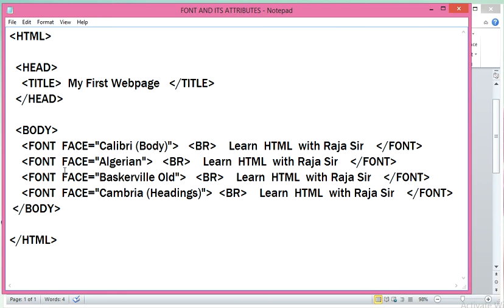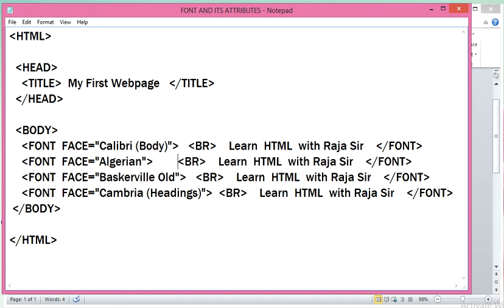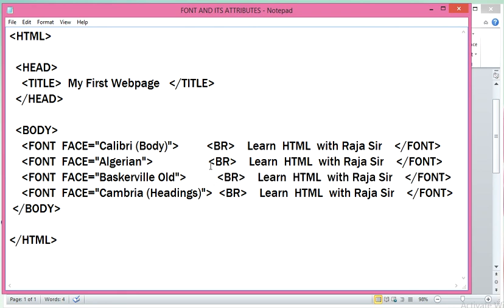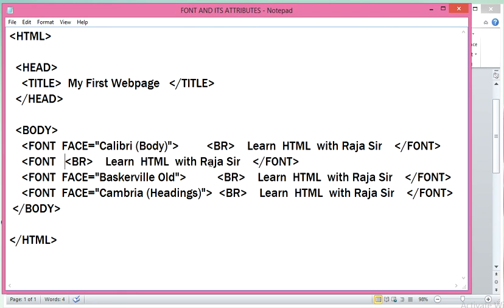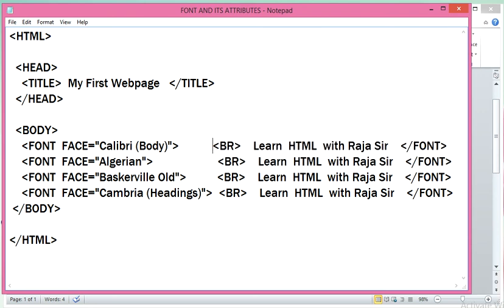I request you all to take a screenshot and try to find the differences between these 4 lines of code. Here the br tag is the same for all, and I'm going to make it readable so that you can easily find the differences. Now you can see and easily find the differences.